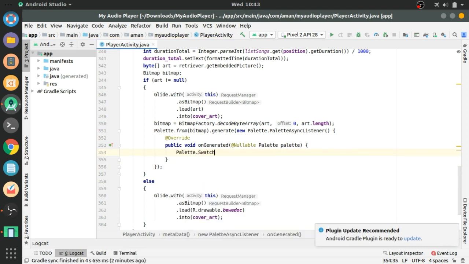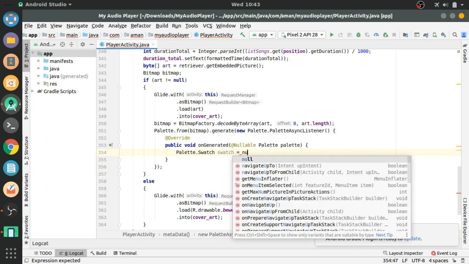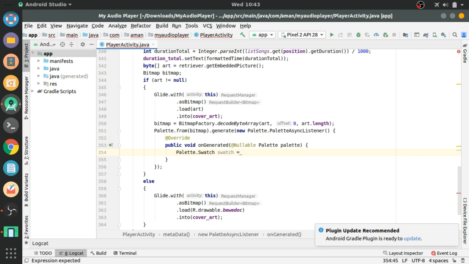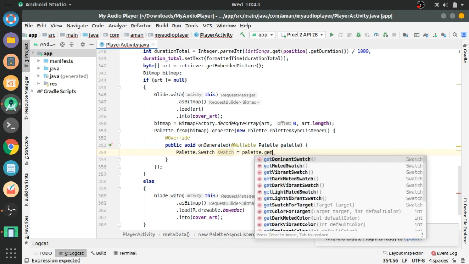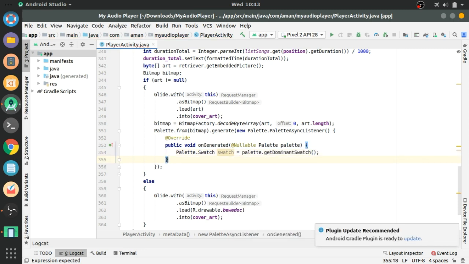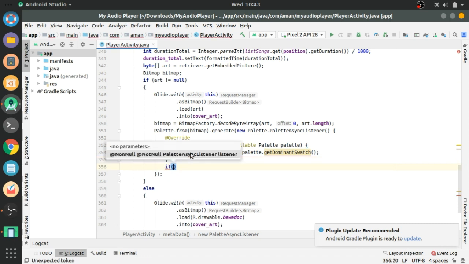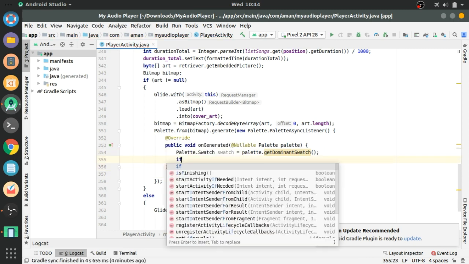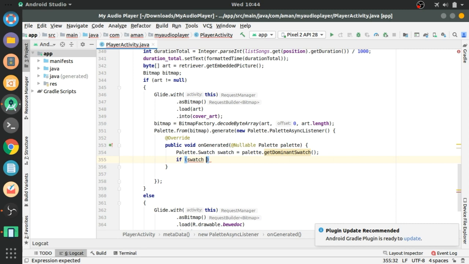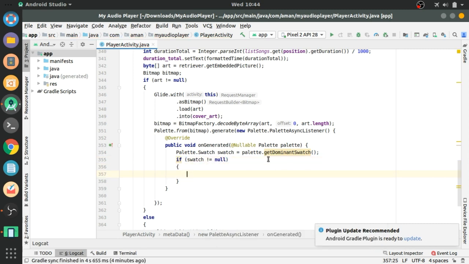On generation, Palette palette, swatch equals palette.getDominantSwatch. Now check if swatch is not equal to null. If swatch is not equal to null, then we will proceed further.